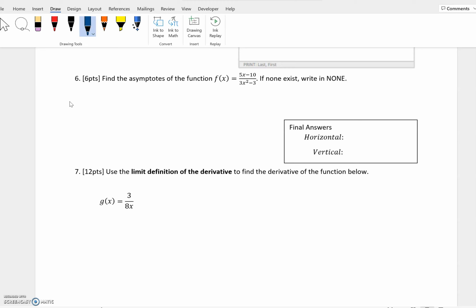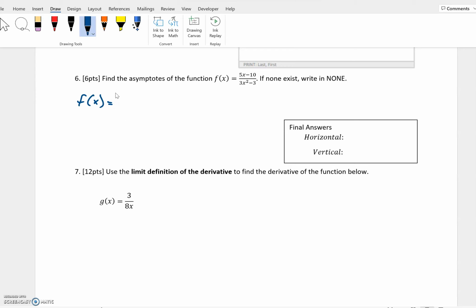All right, the next question here that we're going to take a look at is number 6. So this one is looking at asymptotes, both horizontal and vertical asymptotes of this function 5x minus 10 over 3x squared minus 3. Now, one thing to note is that we're going to have vertical asymptotes anywhere where the denominator is 0. And in particular, we would want to keep in mind checking that there's nothing in the numerator that cancels out with the denominator,